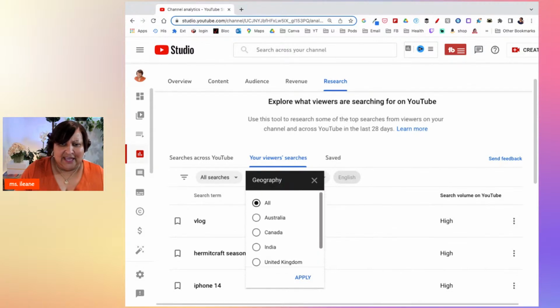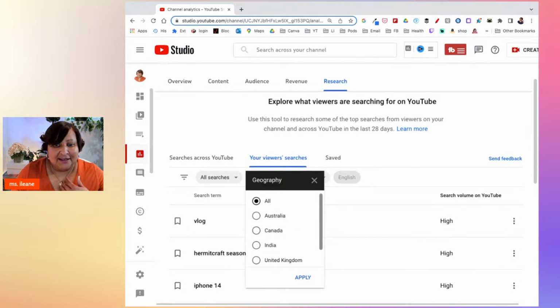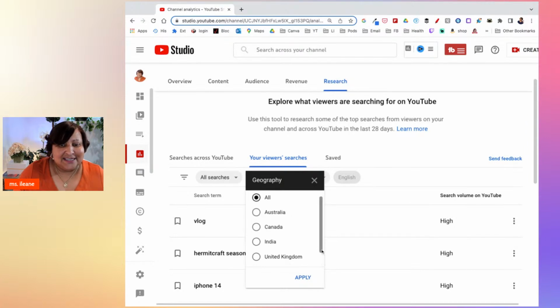I don't know if that's based on the top countries that consume your content. I'm not sure. I don't know if these are the only countries they've included. It could be the case because everybody I saw showing this similar demo has these same countries. So I don't know if that's just a coincidence or what. But for me, actually, I would like to include a couple of different countries like US and Canada. But they don't give you that option. You have to do it separately.